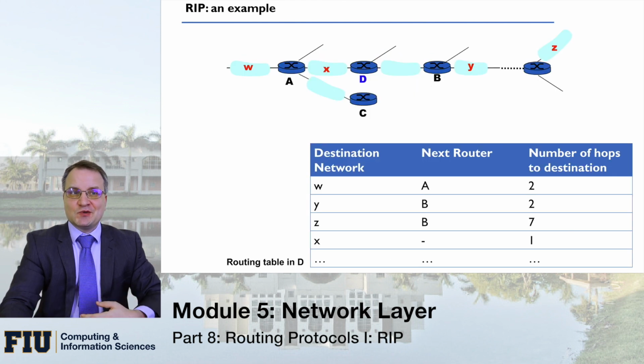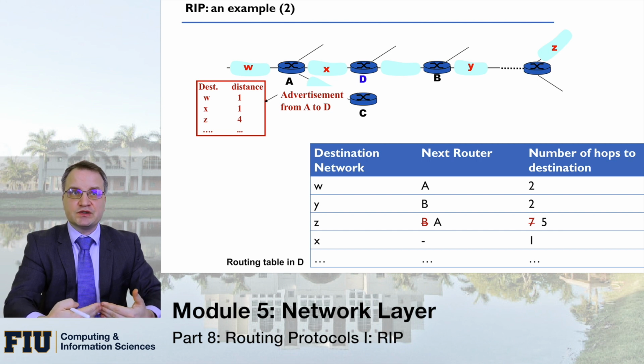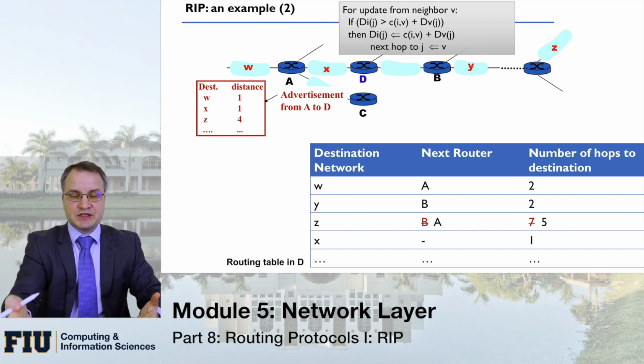Now getting to the example. Today I'm not going to be talking too much about the actual calculations of the RIP protocol, because it's basically the same distance vector protocol that we already talked about before, just very high level highlights of the protocol. So essentially, if we have node A announcing some distances and sending this message to node D, it is node D's responsibility to evaluate this information and maybe recalculate some of the costs